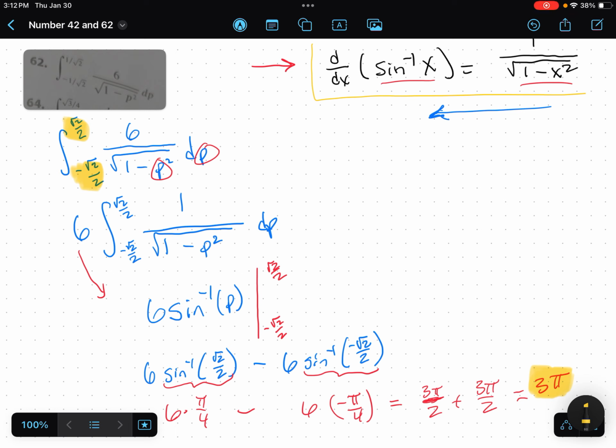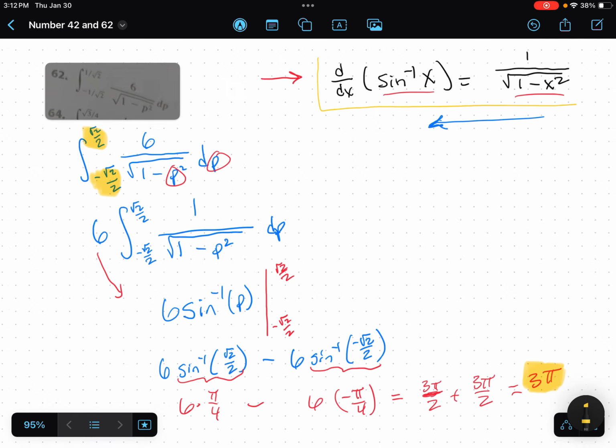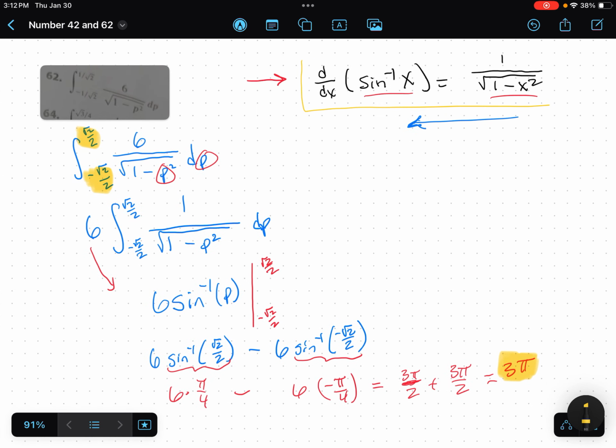So let's see if we've got this thing. We had the definite integral. We made use of this formula for the derivative of inverse sine of x. We did the antiderivative and evaluated it between the limits of integration. And then we just plugged in the top number first, then the bottom number, and subtracted them. That's the fundamental theorem of calculus, and you end up with the 3 pi down here in the corner. So that's how that problem